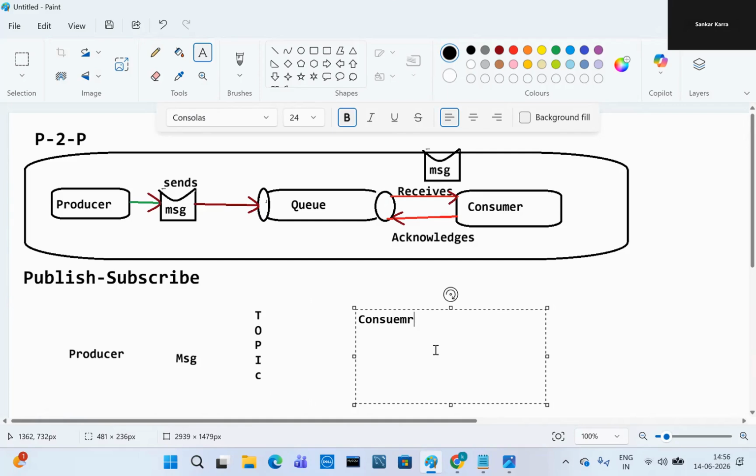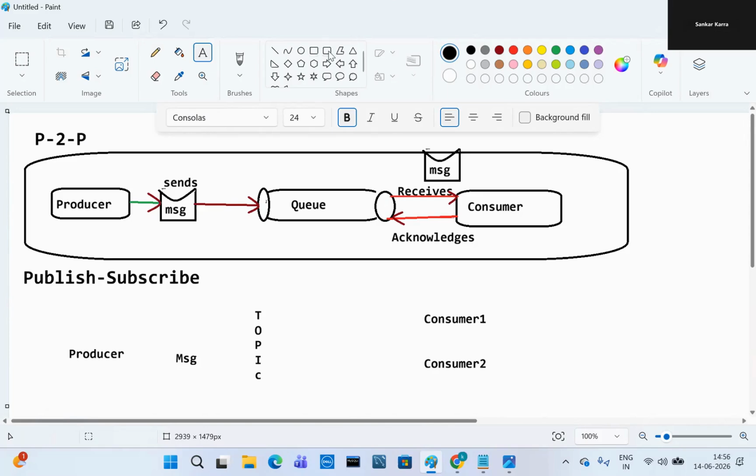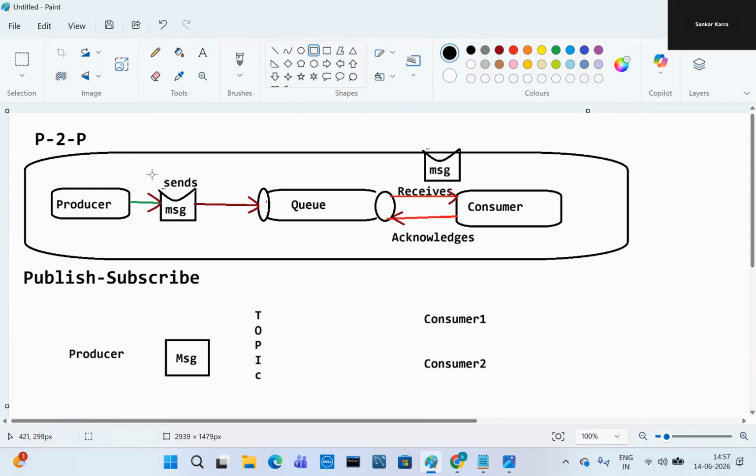Suppose consumer one and consumer two. Suppose this is one message. A single message can be consumed by multiple consumers.